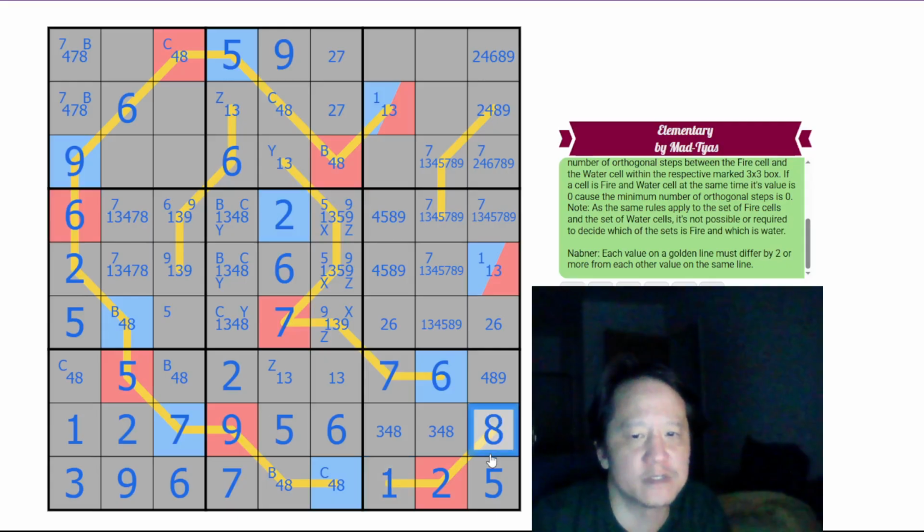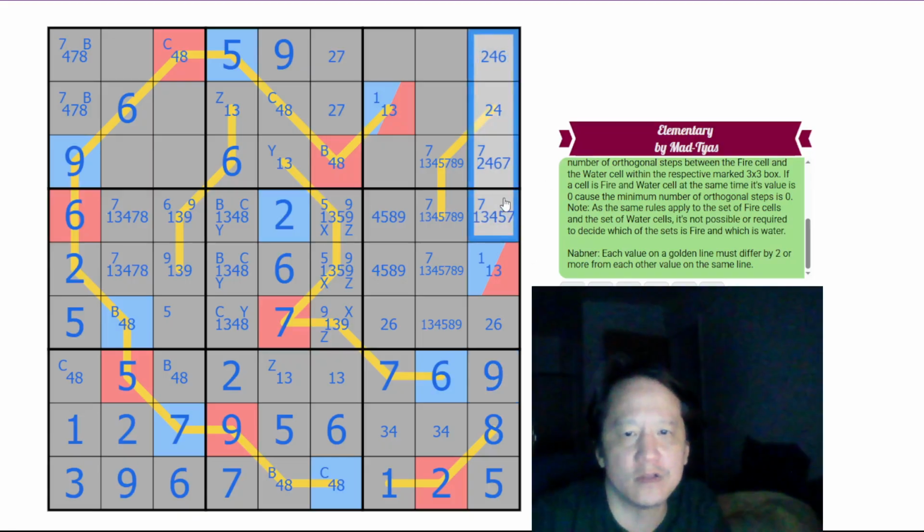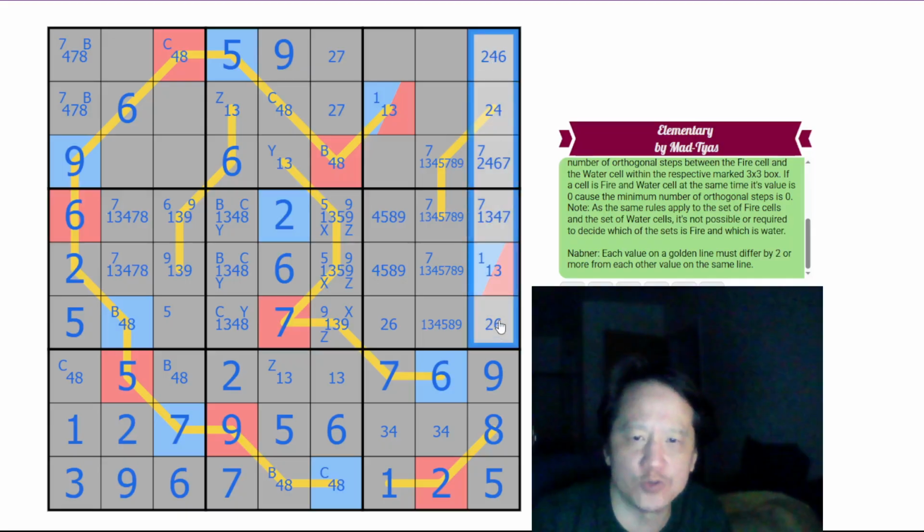It's 1, which makes this 8 to be on the Nabner line, so this cannot be 8 here. This can't be 4 or 8, it's 9. So that eliminates 8 and 9 in the rest of the column. We also don't have 5 in the rest of the column. We have a 2, 4, 6, 7 quadruplet. Actually, we have a 2, 4, 6 triplet in column 9, which eliminates 2, 4, 6 in the rest of